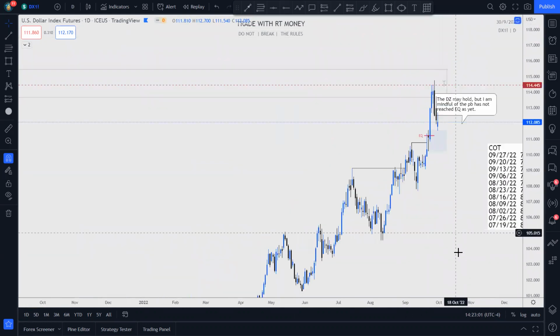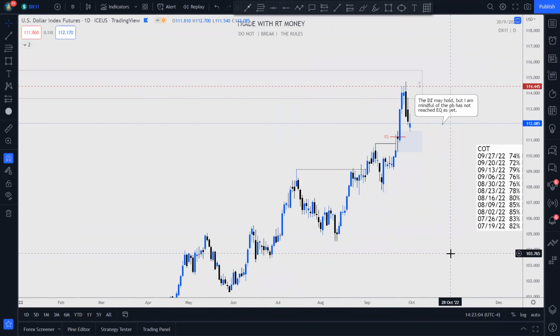I want to go over the US dollar index first. We're going to take a look at the currency futures, the individual currency futures, so we can see the strength or weakness of each individual currency. That way we can make better informed decisions when it comes to the pairs. We want to put the weak against the strong. So let's establish what that is. Let's start off with the US dollar index.